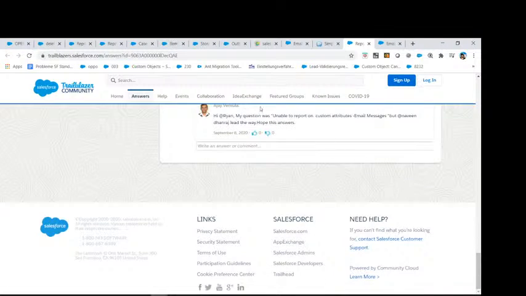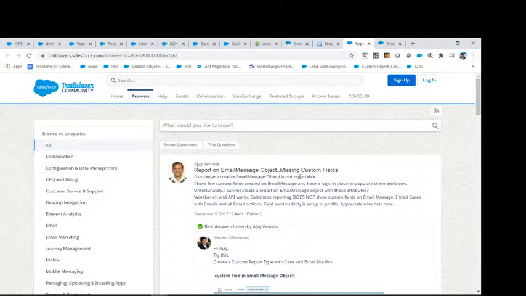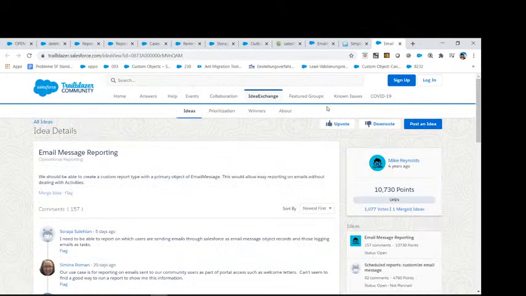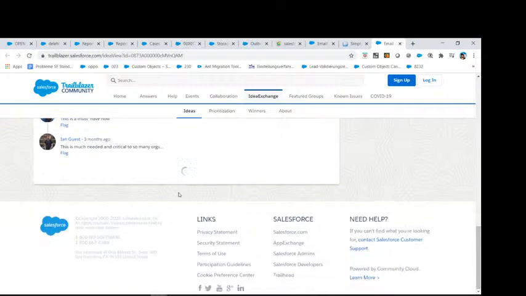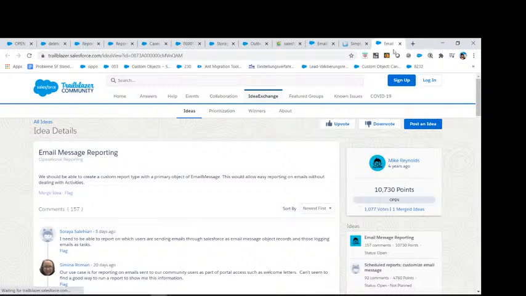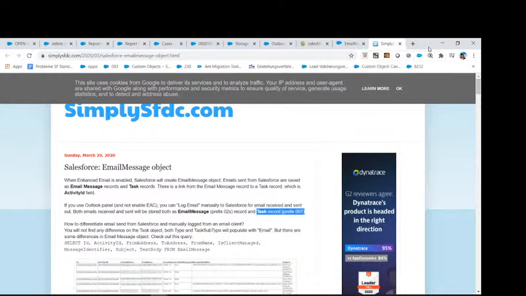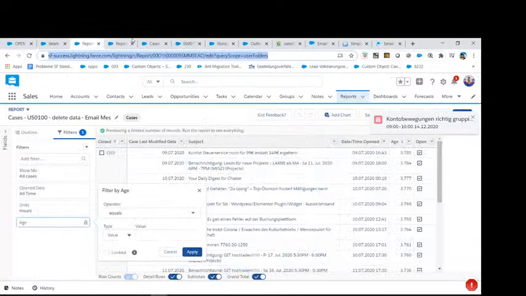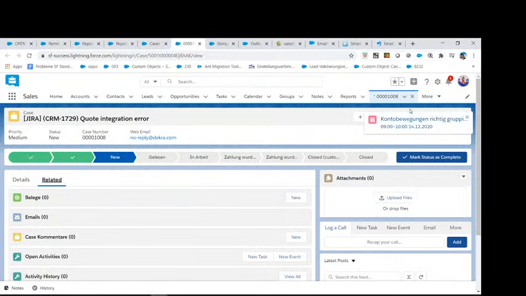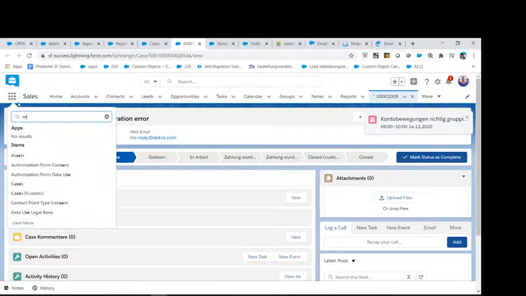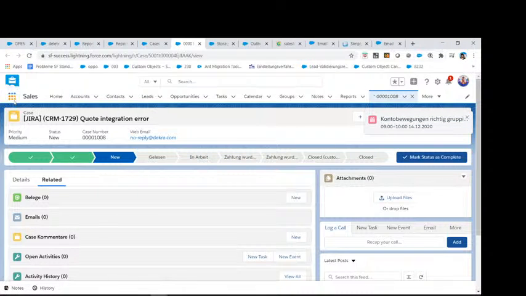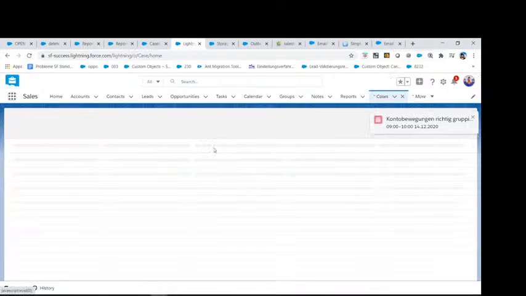Also, we just can get the idea, and that's a pretty current issue, and so it's gonna be fine in my opinion. So as you can see here, we have the idea, and some points were posted 4 years ago, but they are not doing anything about this. As it is an idea, in my opinion, we can just do it. Maybe we should open up the close tab, go for this, and create a new case, or we will just get the case that we just created. Yeah, let's go for the case.